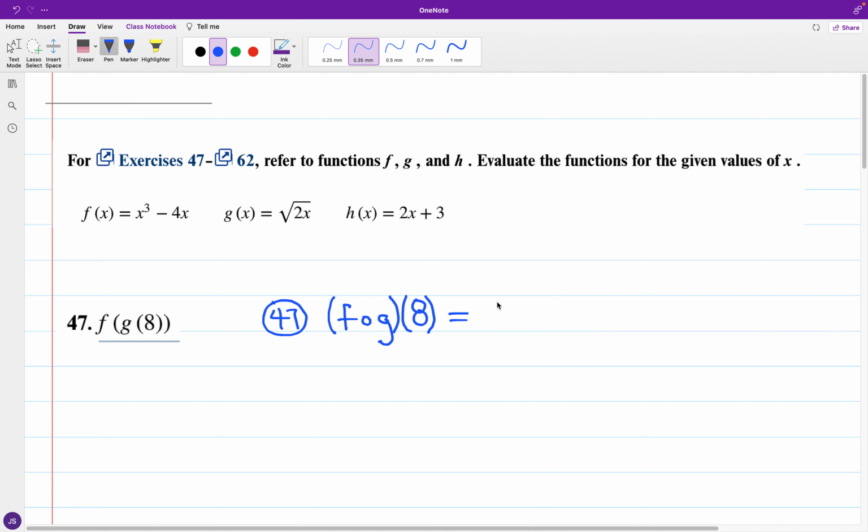Again, so you have f composed with g of 8. So this will lead to f of g of 8. All right, so g of 8 is going to be the input portion, and the output will be in reference to f of x. Taking what we have here, in terms of what I'm going to do with g of 8, I'm going to operate in line with f of the input. And by definition, f of the input is equal to the cube of the input minus 4 times the input. Now that the input is g of 8,